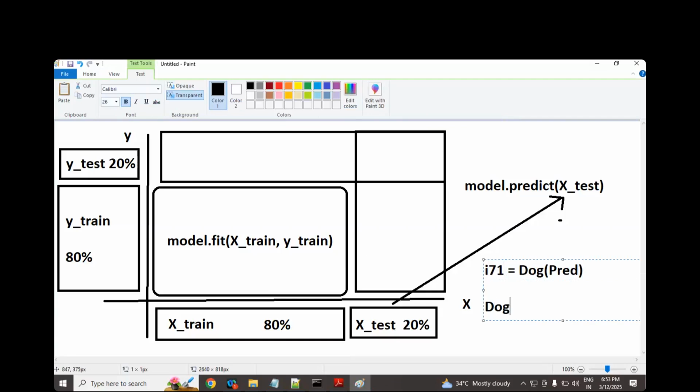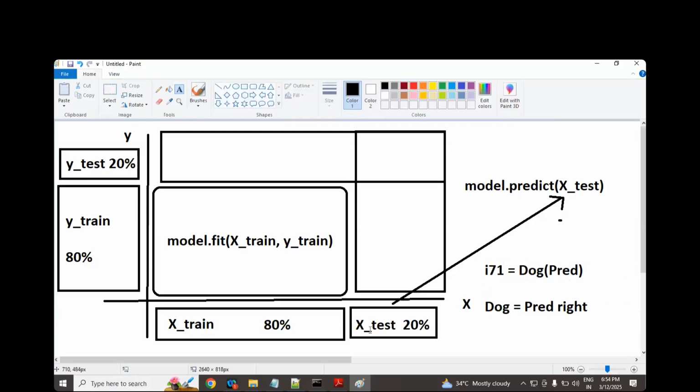If it is really a dog, my prediction is right. Conclusion of the story: if you give X test, you will get a Y prediction value. Later, you need to take that Y prediction value and the Y test value to compare the result. Are you clear? Good.